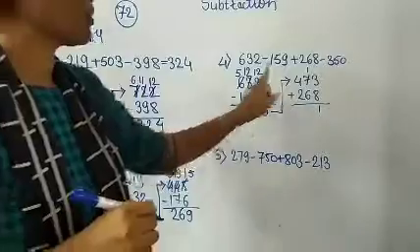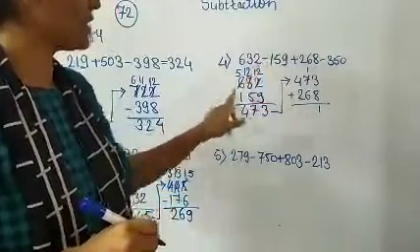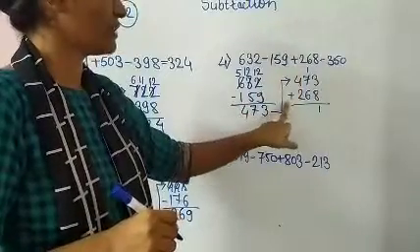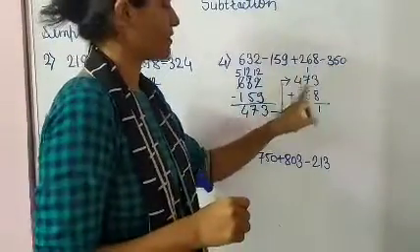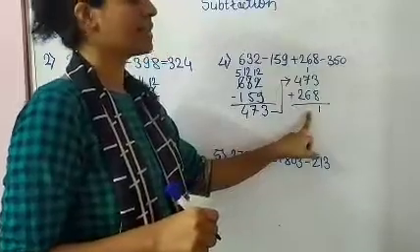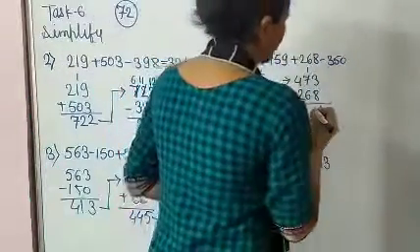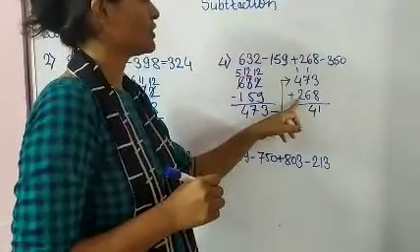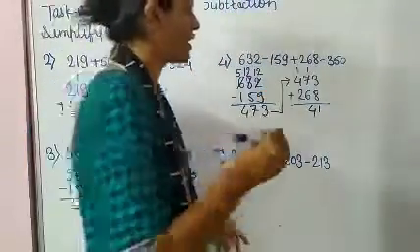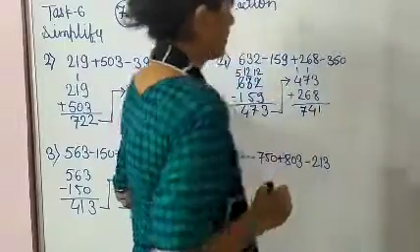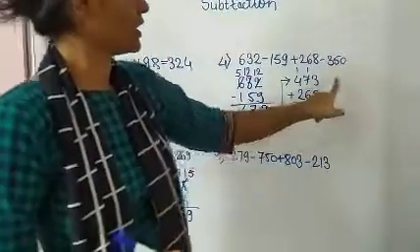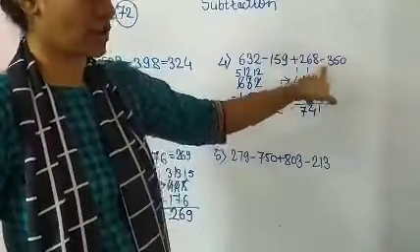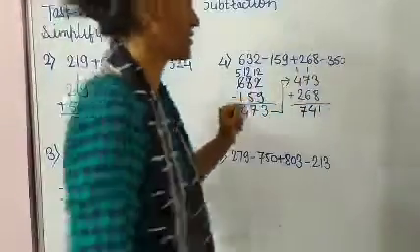Now only remember what sign is given here. Subtraction is there, that's why we give here subtraction. Now what is given? Addition, that's why we give here addition. So now 7 plus 6, it is 13 and 13 plus 1, 14. 4 is here, 1 will be carry. Now 4 plus 2, 6 and 6 plus 1, 7. Okay. Now this answer will go here. And what is remaining now? This one. And what is given here? Subtraction. So from this we have to subtract this one.